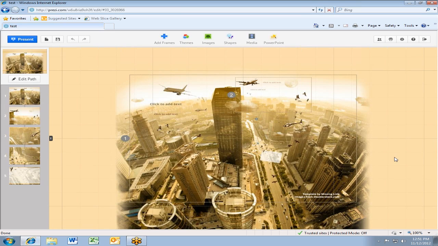So picking one of the templates, this is actually a really cool one. You can tell it's an image in the background, which hopefully I can click on it here. And then these little boxes are frames. There's basically images upon images set in here. So what you can do is